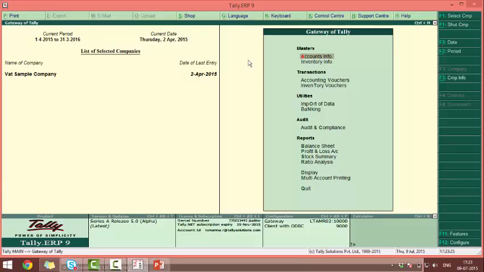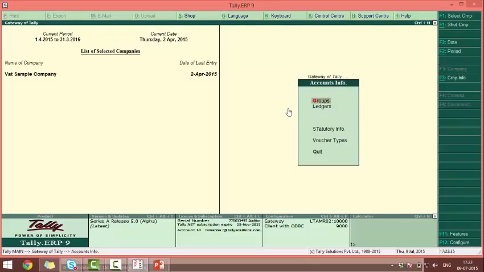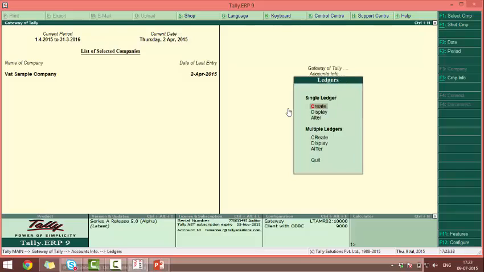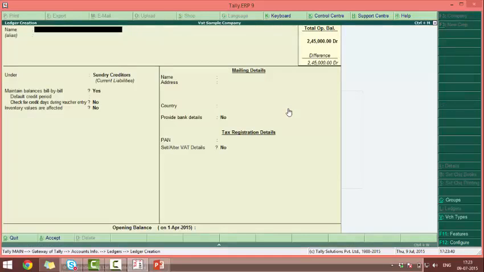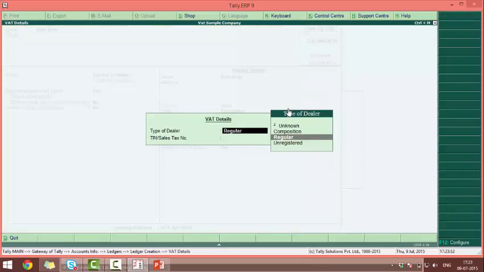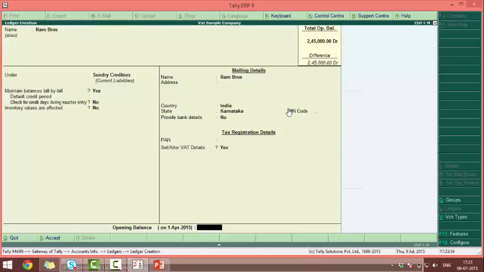To record purchase from unregistered dealers, we need to go to the ledger master, ledger create, under sundry creditors, and the tax registration details, set or alter VAT details. Just change the type of dealer to unregistered